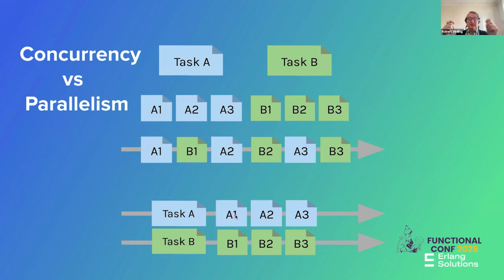You're going to get a number of dishes coming out, but how they're being prepared is very varied. And how each dish is prepared doesn't change. Each dish, in this case A, is going to do an A1, an A2, and an A3, because that's what's necessary. I think it's very important to keep track of the difference between concurrency and parallelism, so you know what you're talking about and what you're trying to solve.